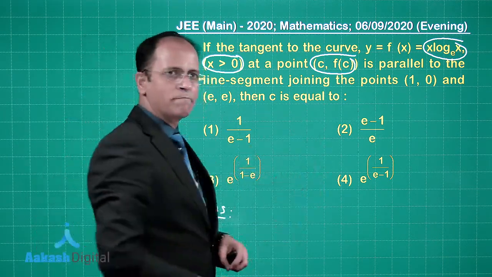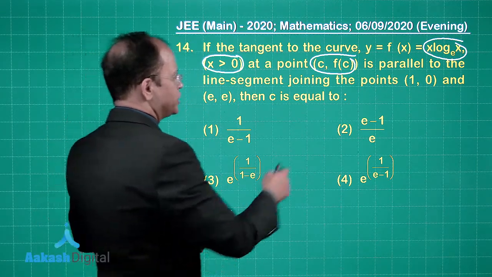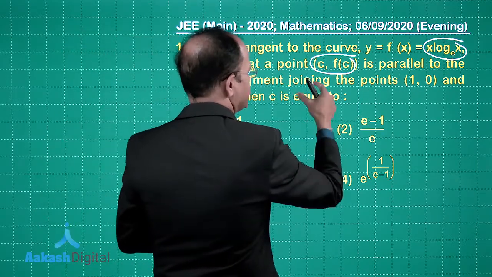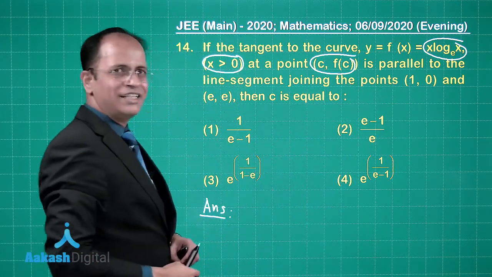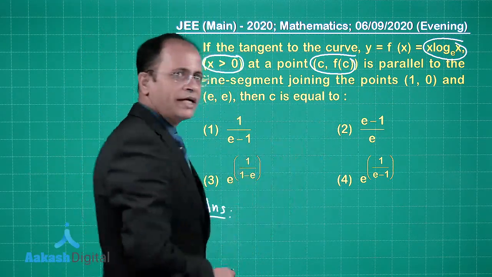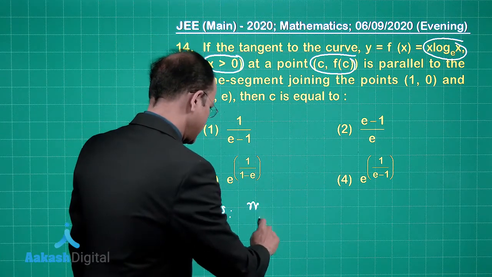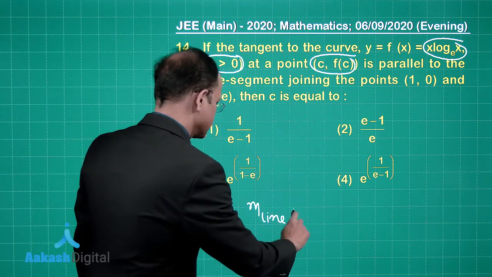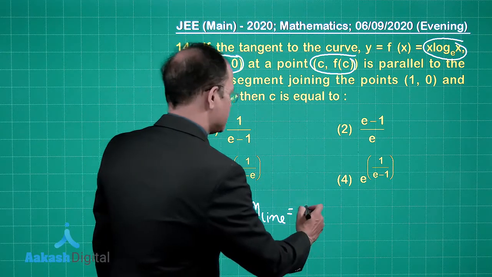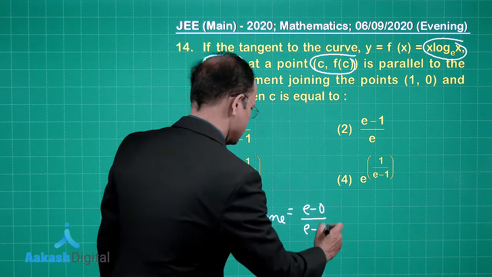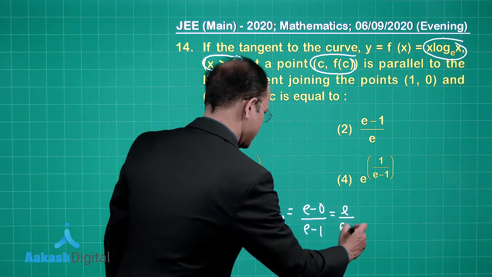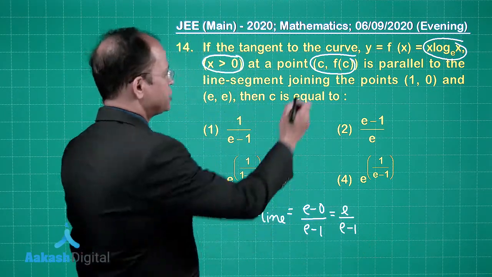You can see here 2 points are given to you, the line joining the 2 points, that is (1, 0) and (e, e). If I talk about this line, the slope of the line is going to be (e minus 0) upon (e minus 1), which is equal to e upon (e minus 1). Now if I talk about the slope